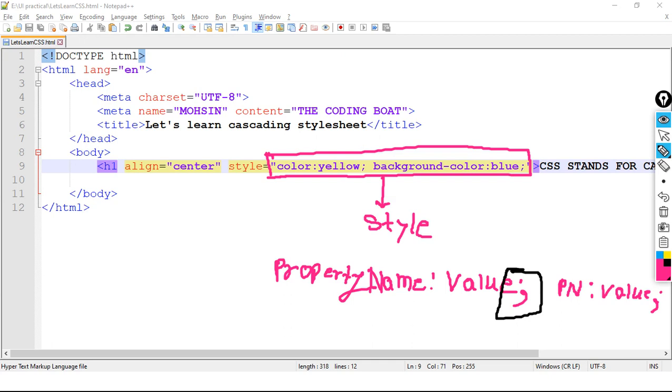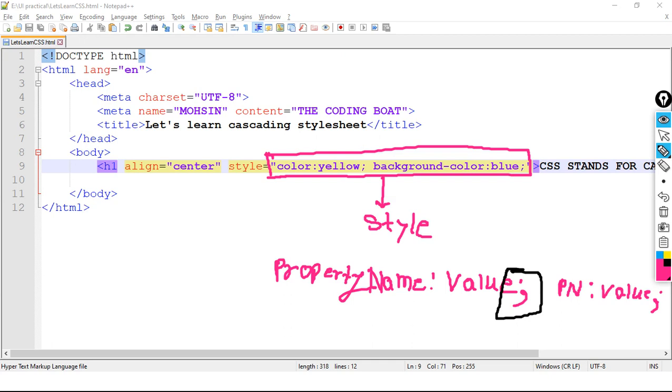But when we write multiple properties of style, we use the property name, then a colon symbol, not an equal sign. I am repeating once again, we use a colon symbol, not an equal sign, while writing a style property. So how do we write a style property?